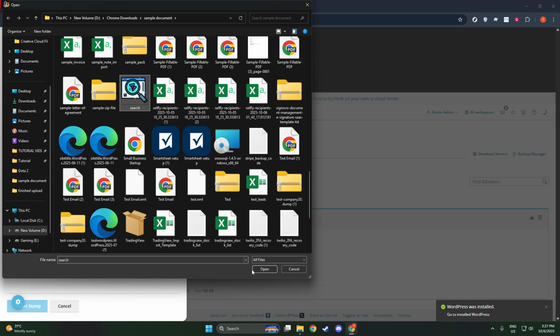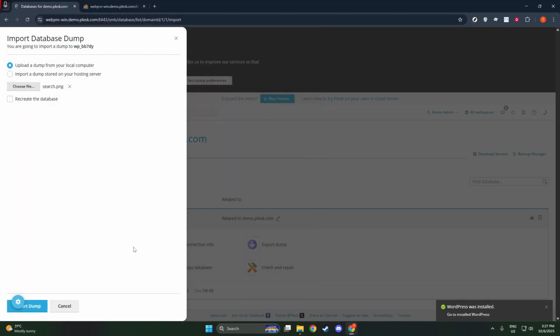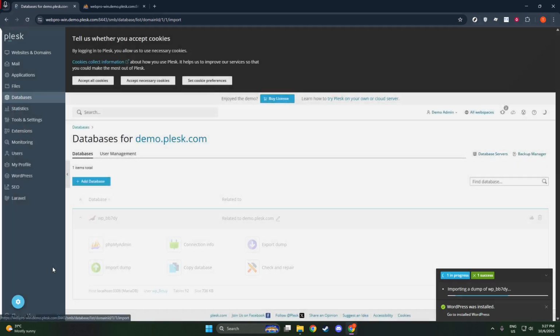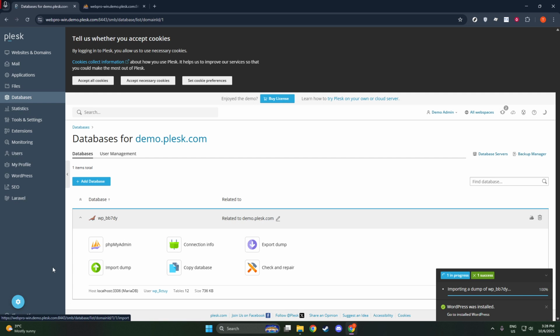Once you've made these selections and are ready to proceed, it's time to confirm and start the import or restore process. Plesk will now handle the heavy lifting, processing the SQL dump, creating tables, and inserting all the necessary data